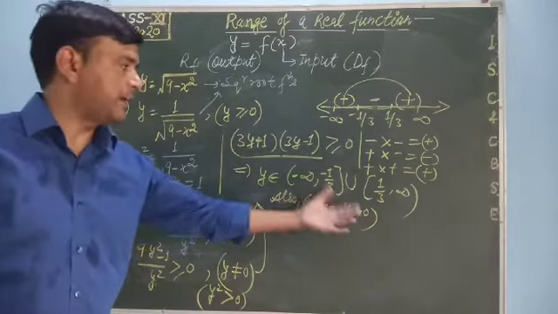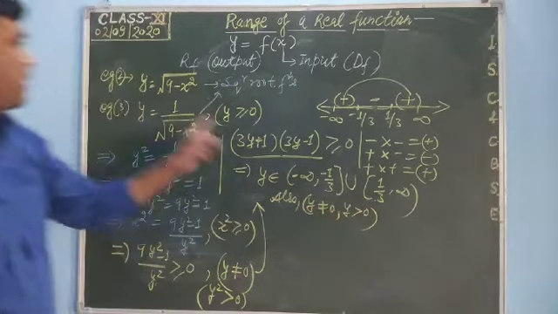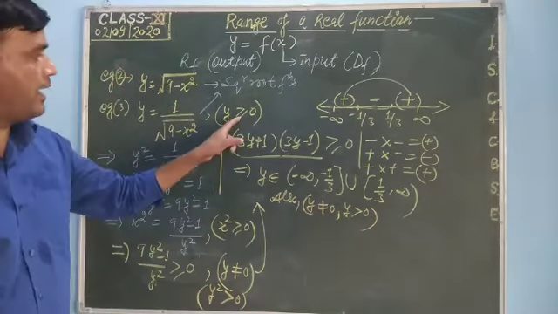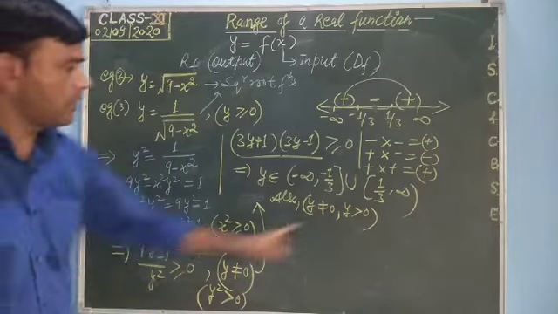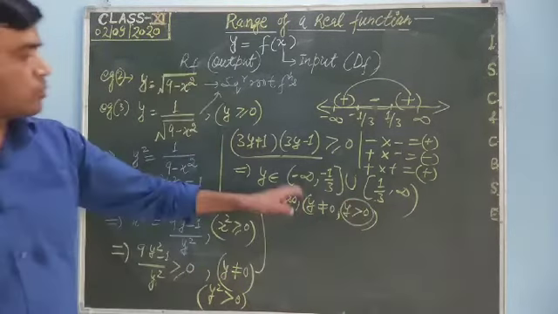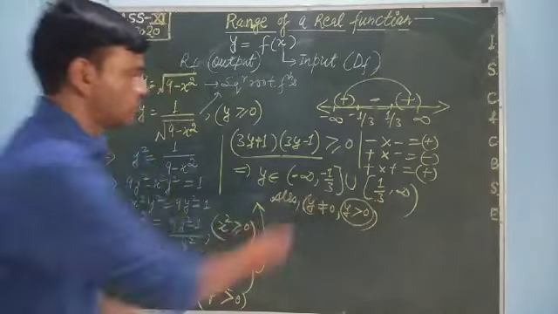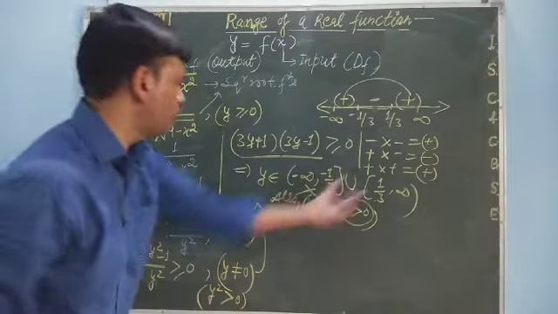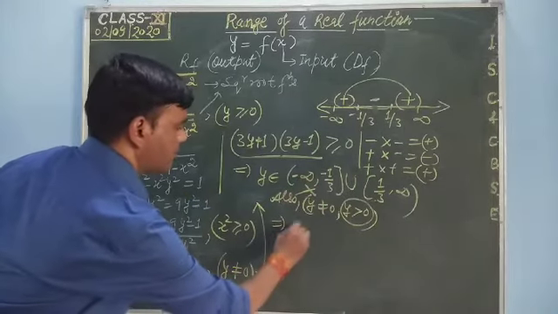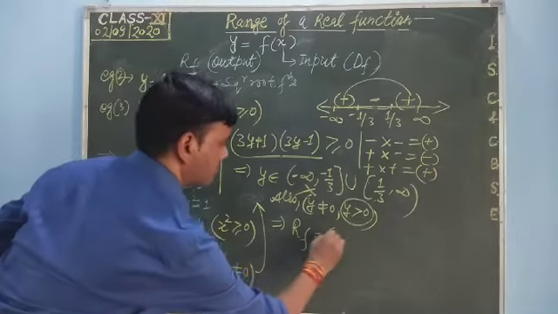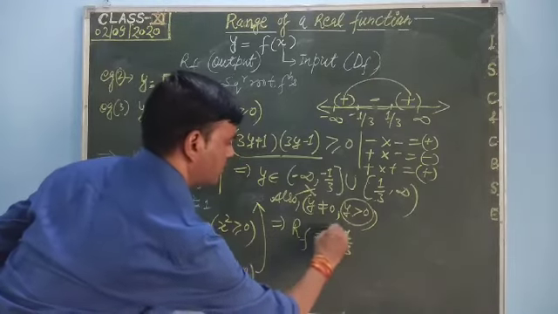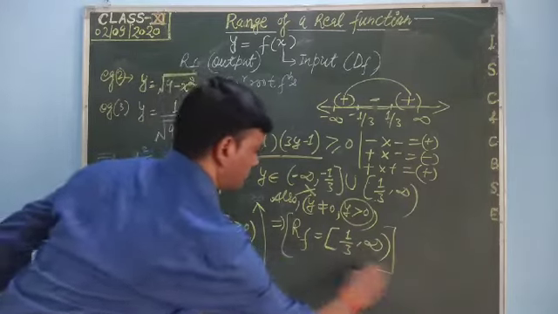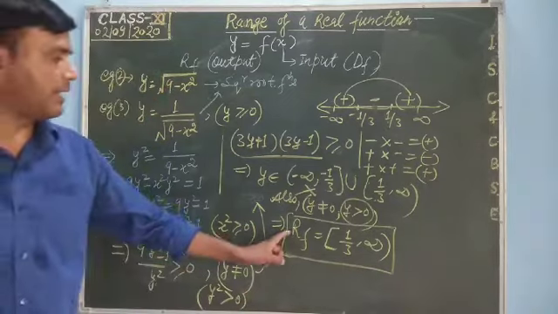The last step to find the range is to eliminate some values of y according to the definition of the function, which are not valid. Here y is greater than or equal to 0, but y cannot be 0, so simply y is greater than 0 only. We have to take only positive values of y. So the interval minus infinity to minus 1 upon 3 will be discarded because it is negative. Only this remains: the range of the function is the semi-closed interval 1 upon 3 to infinity, where 1 upon 3 is included. This is the required range, because y takes only positive values.